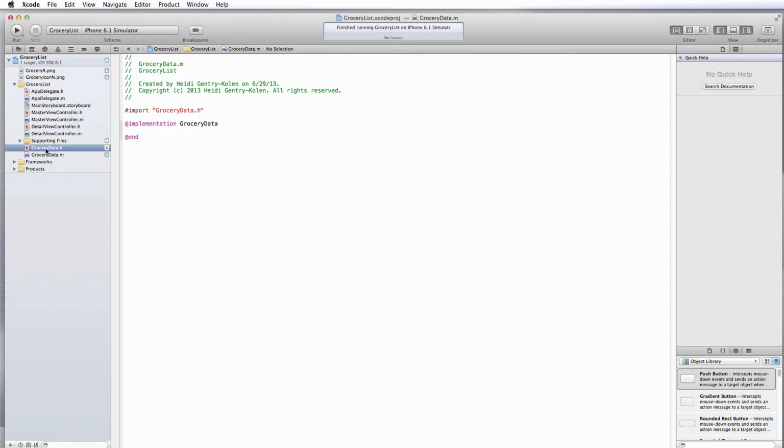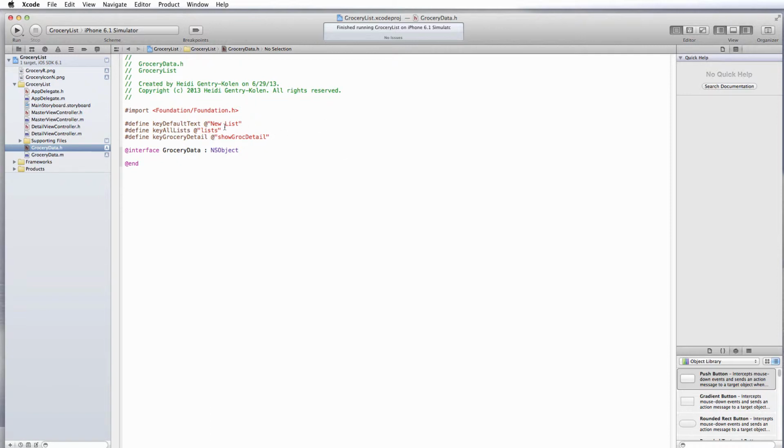Now for the keys in the key value pairs, we're going to need to create some constants. And just to save time with typing, I already typed it up, and I'm going to go ahead and paste these in and then just talk about them a little bit, and you can have some time to type it up on your own or pause me if you want. So first of all, we've got our key for our default text, our lists, and our grocery detail. Now it's in the .m file where we'll actually write the code that's going to work with the data that will be passing through.